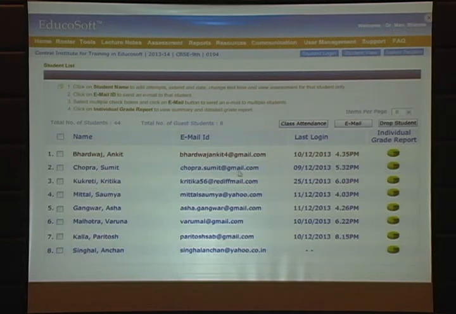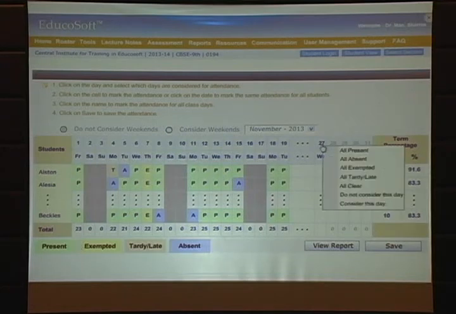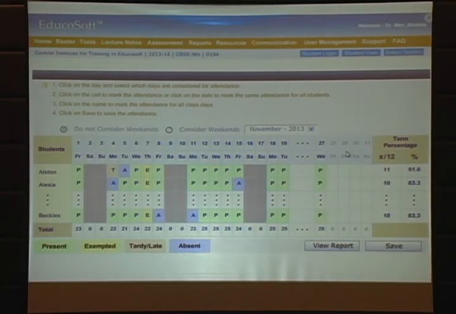and now, on this page, you are going into the classroom, you are taking class attendance. Click on class attendance. This is your class roster, these are the names, these are the previous days. Click on this date. If you see your class, everybody is present, click on all present, marked. If somebody comes late to the class, you can change P to tardy.